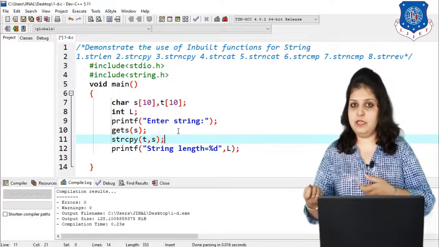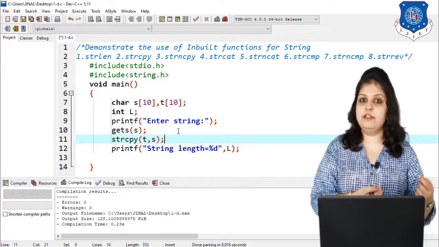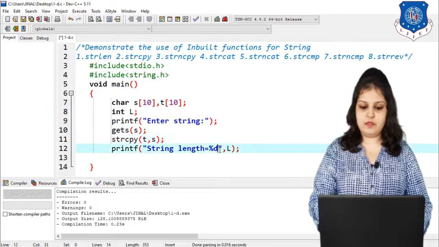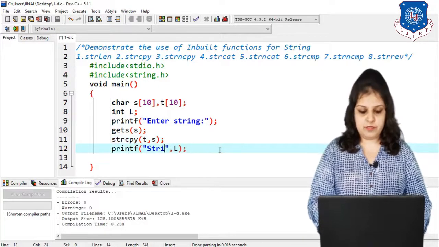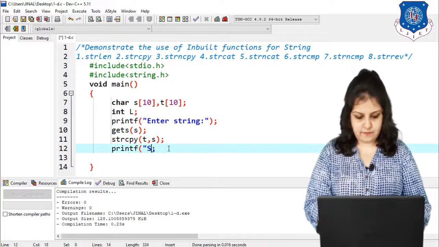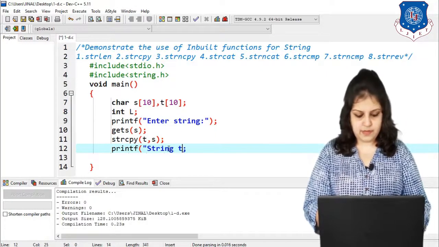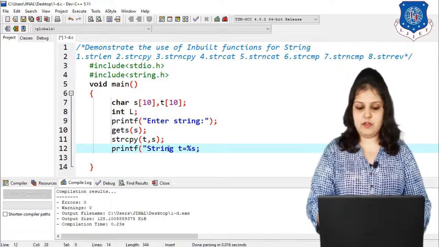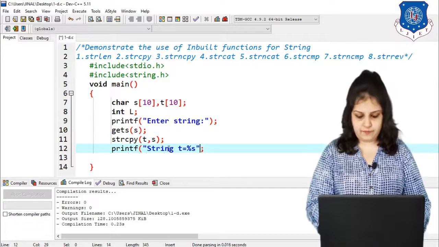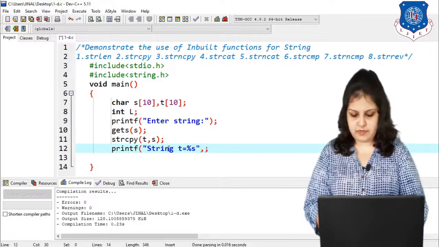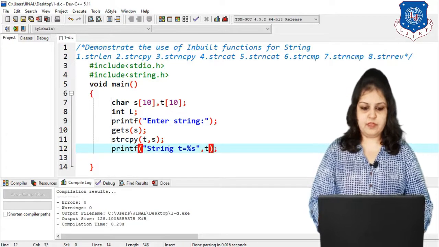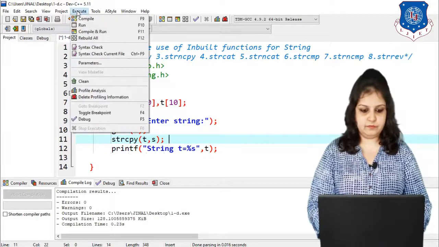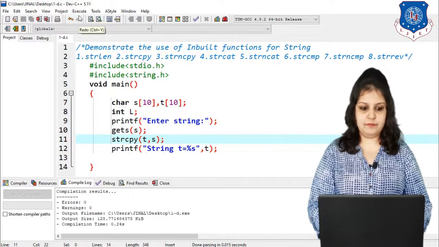The same thing is copied into our new string, that is T, and finally print the value of the T variable. So string T is equal to %s. Why %s? Because for printing a string our control string is %s, and then comma our variable name T. So let's compile the program and run the program.